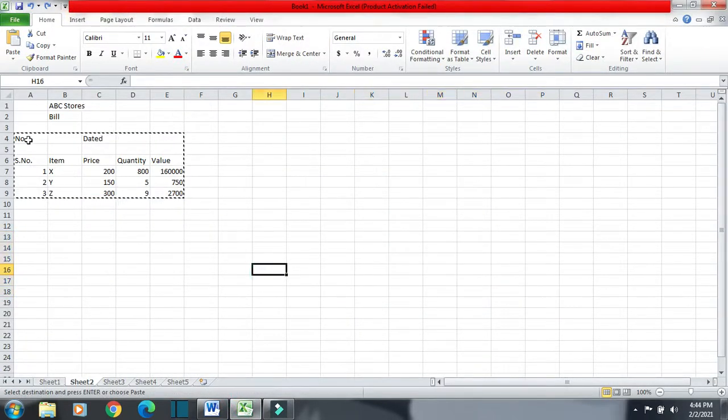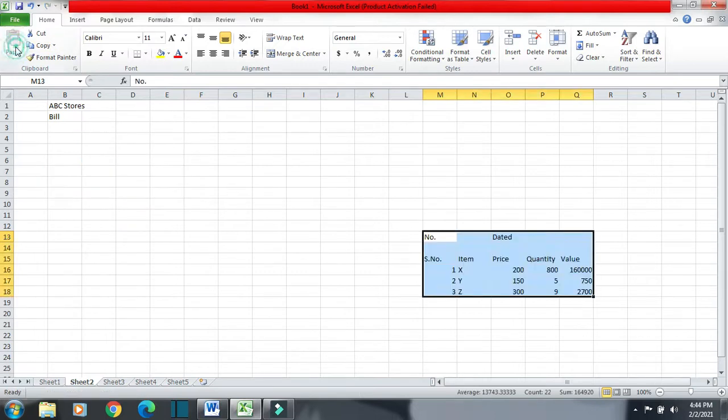Suppose we have only a single data here. I will select the data and I want to move. For move we will go for cut. I will click here, cut. The whole data got cut from here and I want to paste it here, so I will click here and then click on paste. You can see the same data got deleted from its original or previous location and it got saved in its new location. So in a move or cut operation we do not create copies, we just move the data from one place to another.